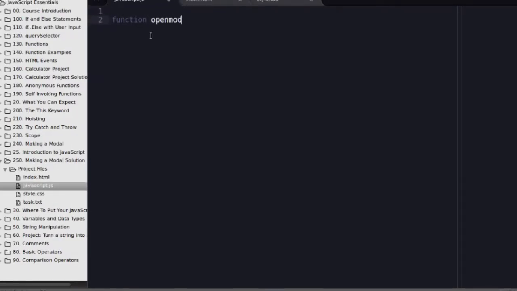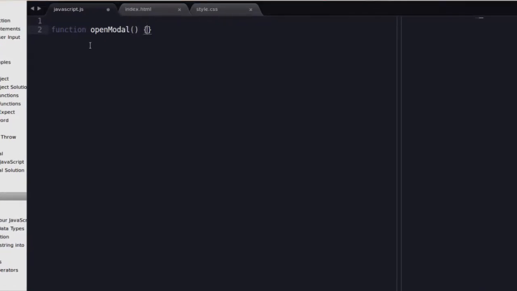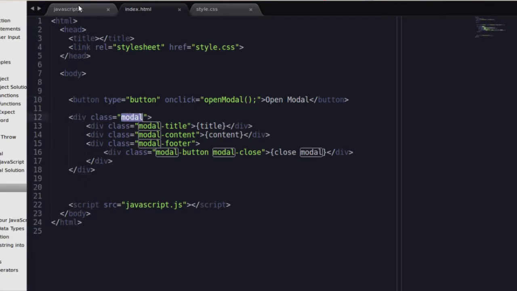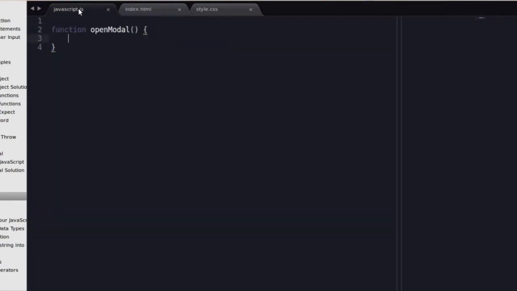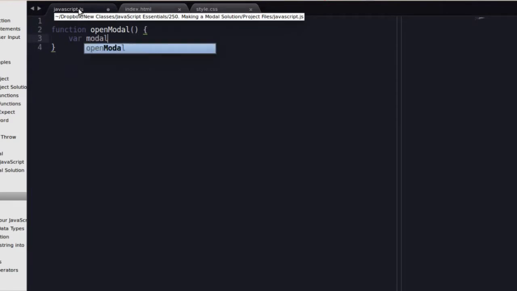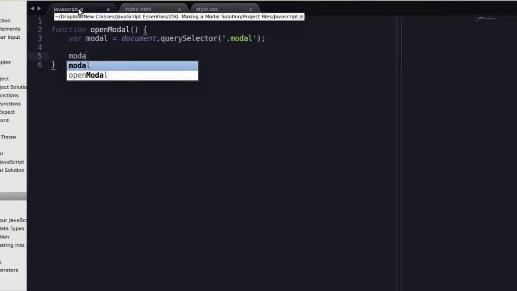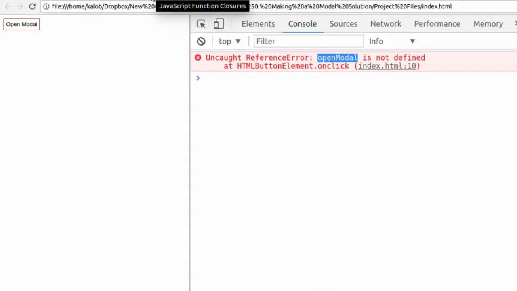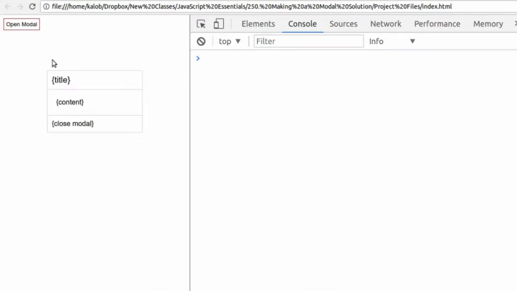Function openModal. Now the only thing we want to do here is select our modal and make it visible. That's step number one. So if we set variable modal equal to document.querySelector('.modal'), and then modal.style.display is equal to block, what would happen? There's our modal. So now we have something that's going to show up on top of our page. Now we can't see it yet,